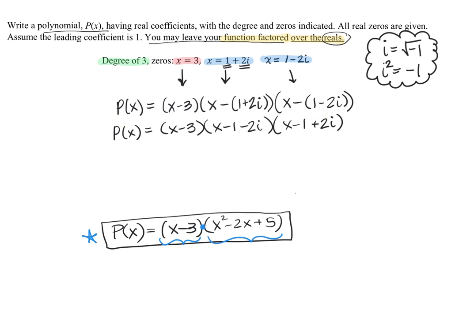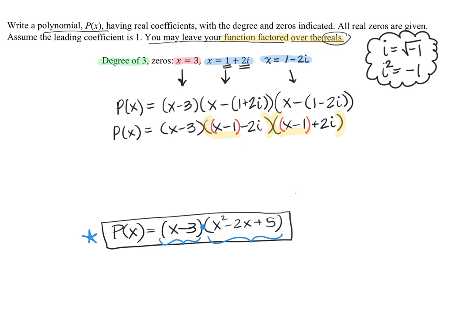You'll notice that in this parenthesis here and this parenthesis here, the first 2 terms are the same. They both have an x and a minus 1. So I'm going to get out my red pen and regroup this. I'm going to put another little set of parentheses around this x minus 1 and this one here. And the reason I'm going to do that is because now I'm going to treat these quantities like they have